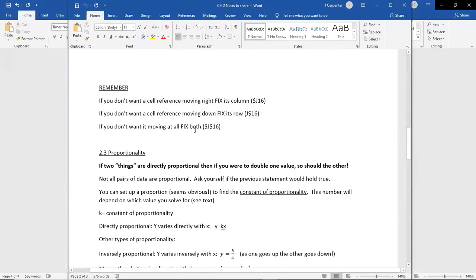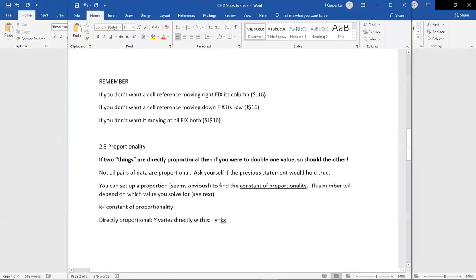If you don't want that cell reference to move at all because it's just some random thing off to the side, then you fix both of them. So again, kind of the final reminder of that. Now that we will have turned in the BMI and practiced creating an arithmetic table or multiplicative table, I don't think I need to say that again. In terms of teaching. All right, so 2.3,